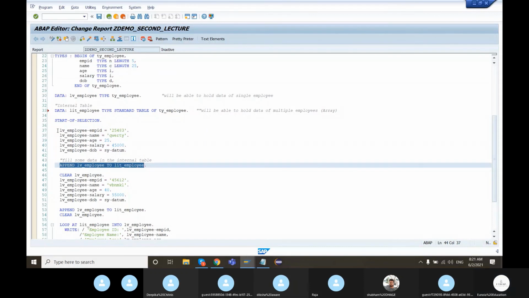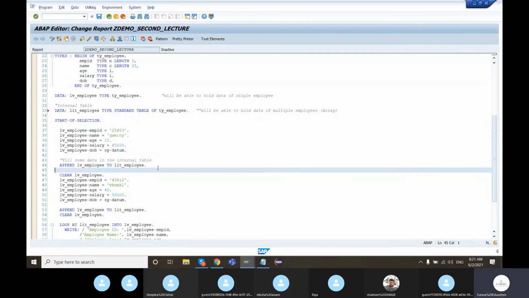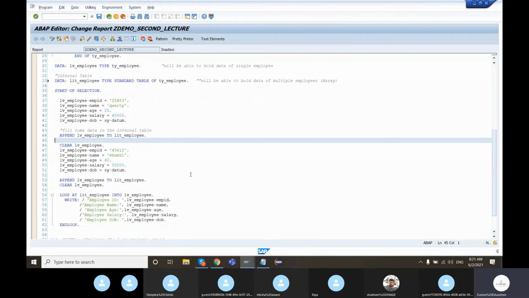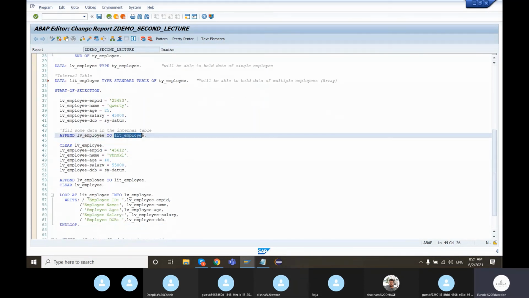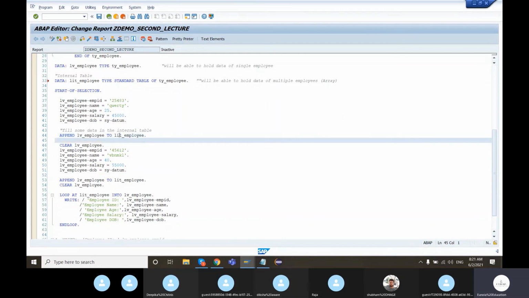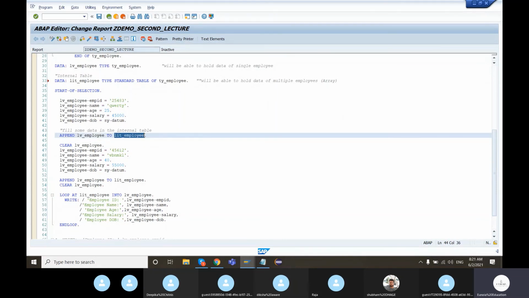Hyphen is called the member selection operator for the structured variable. One more important point that I need to highlight is whenever you are processing an internal table with the help of a structure type variable, then the structure type variable is called the work area. So very important.